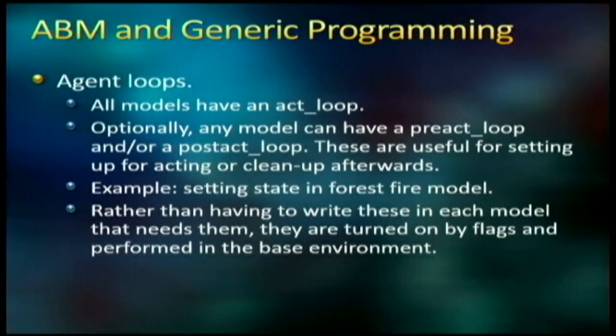We've been able to achieve a good deal of abstraction in our action loop as well. Every model has an action loop. If the agents don't act, there's no point to the model. It was found that pre-actions and post-actions were sometimes a good idea, and so we have loops that can be turned on and off with flags, and they're built right into the core engine so that each model doesn't have to code that loop itself. It just sets post-act true, pre-act true.